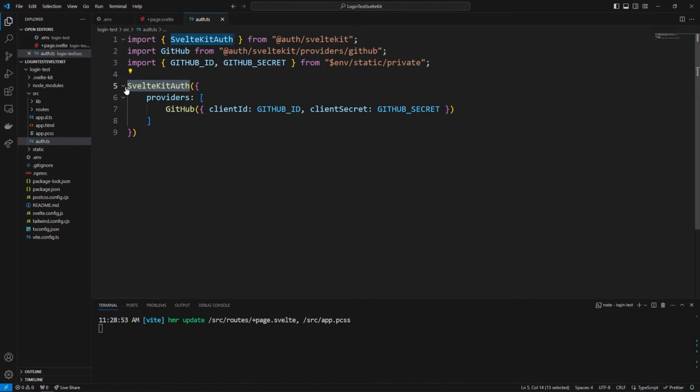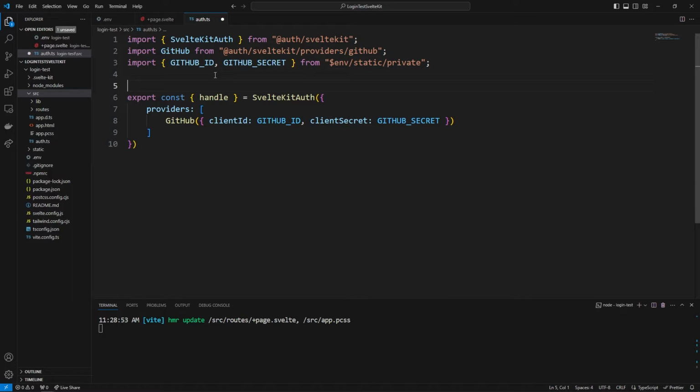And this SvelteKit auth is going to export something very important. So we can say const object is equal to SvelteKit auth. This is syntax you'll see a lot in JavaScript. What it pretty much means is this SvelteKit auth is creating an object, and we want some of the things that it is creating. For example, we want the handle from SvelteKit auth. And so we need to export const handle. And this handle is very important because it allows us to handle server requests. So for example, if GitHub talks back to our application, it is handled by the handle here,